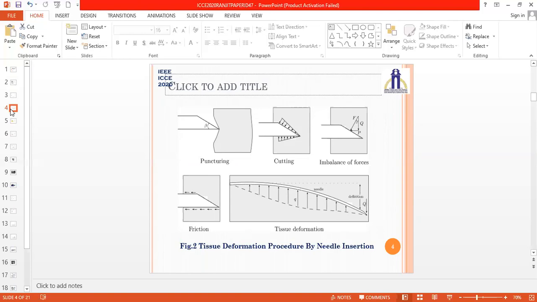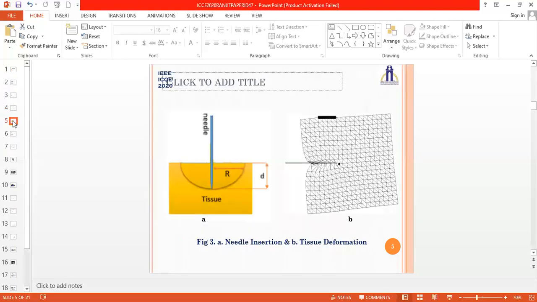And whenever the needle reaches this threshold force, at that time it can puncture or insert into the tissue material. But whenever the needle inserts into the tissue material, different kinds of force, like stiffness force or cutting force, are involved on the needle surface. That's why the needle will not maintain its predicted path, and all the tissue deformation starts.